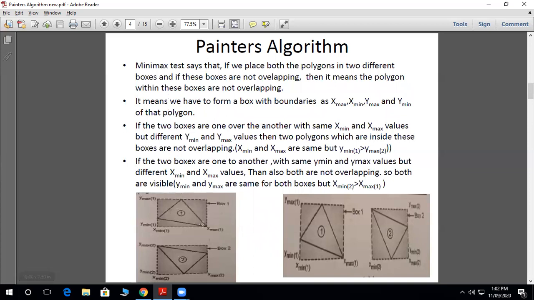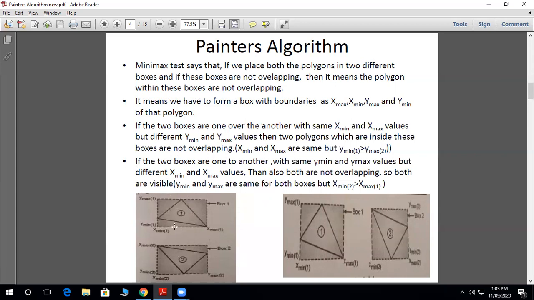Here you can see this particular polygon, and this rectangle is drawn based on the size of the polygon, so the polygon fits in this particular box. The minimax test says that if we place both polygons in two different boxes, and if these boxes are not overlapping, then the polygons within the boxes are not overlapping.